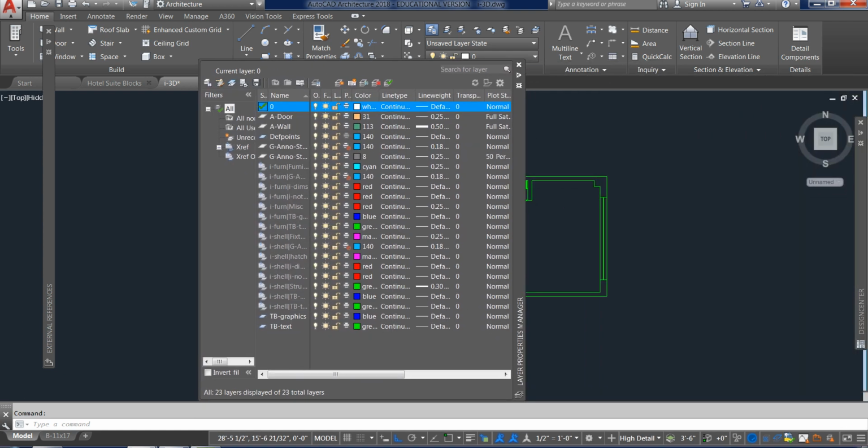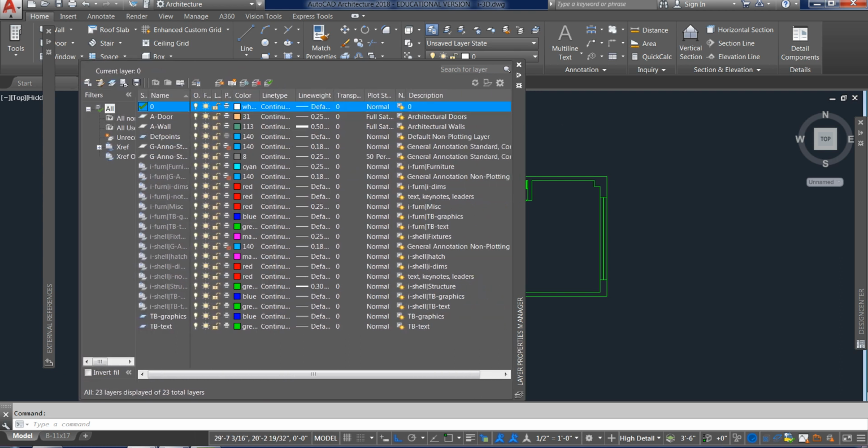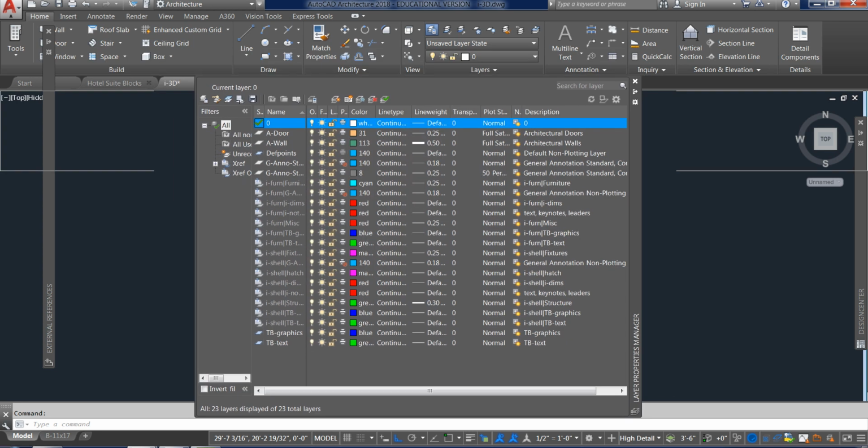Also, all of the layers from the XREFs should also be showing up here. So I want to make sure all are selected, and my box is a little bit backwards here, but that's okay. And I'm going to select all the layers associated with the XREFs. I can tell basically by the way they're named, because it will be the name of the file first and then the name of the layer. And they're also a slightly different color. So I've selected all of those layers.